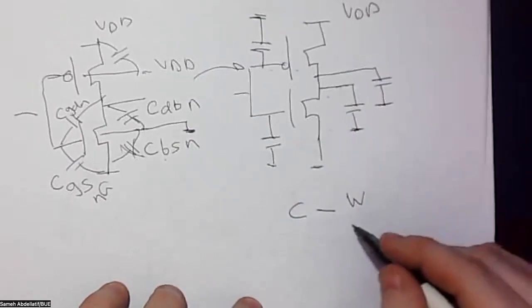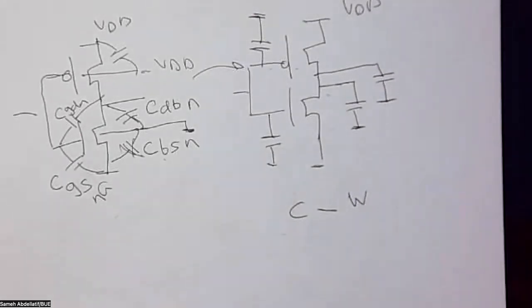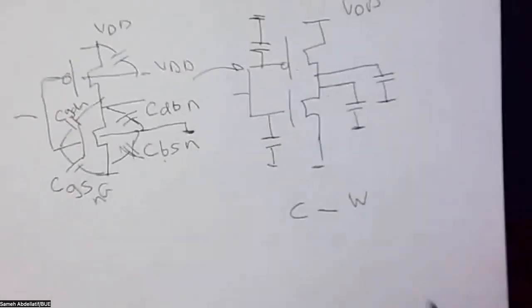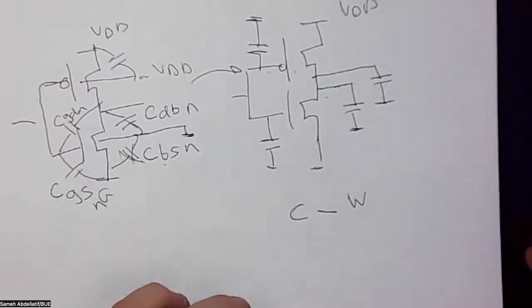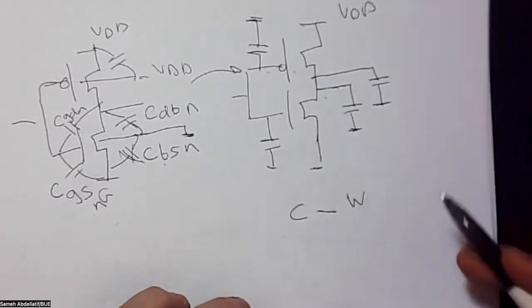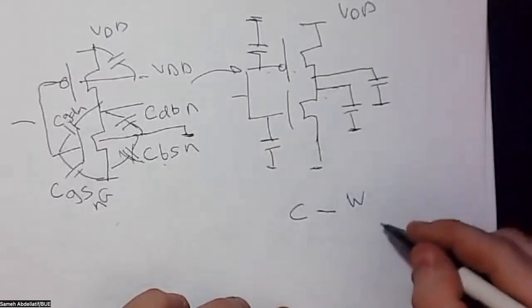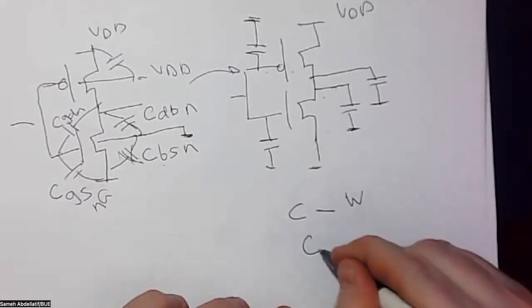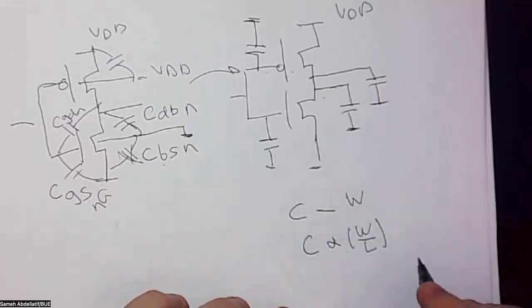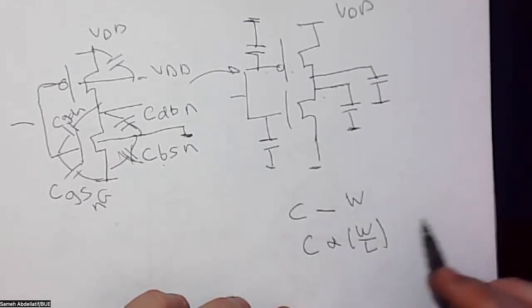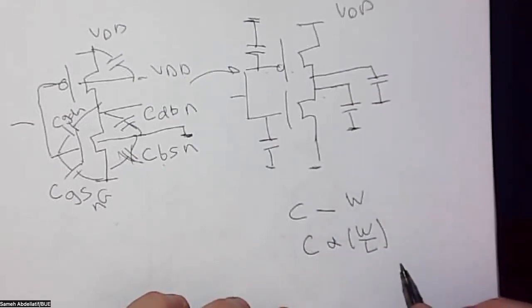That's why the factor L, which is the channel length, is not a contributing element for C. However, capacitances are proportional to W. Maybe those who study digital IC design in detail can understand this well. That's why when we consider capacitance, we can say that capacitance is proportional to what we call this W over L famous value. Of course, all of you have considered this W over L value